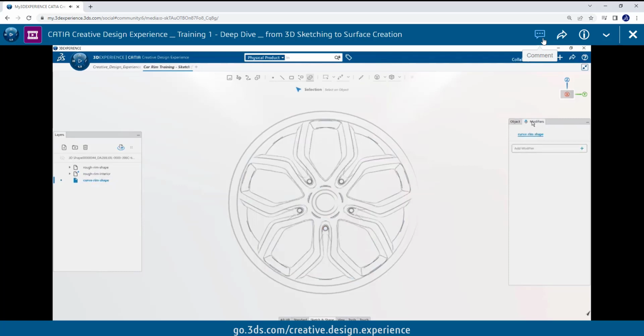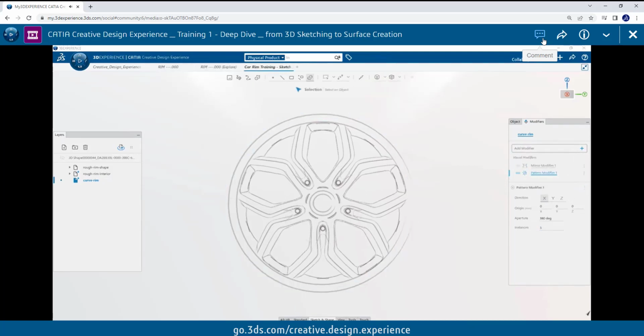And I will reapply the same modifiers, a mirror and a pattern on top of it. I switch to the sketch creation command in the action bar, and this time I will change the tool from rough to trace curve tool, so I will be able this time to draw curves with control points. I change the brush size to 5 mm, and first I will draw the circle with primitive mode again.